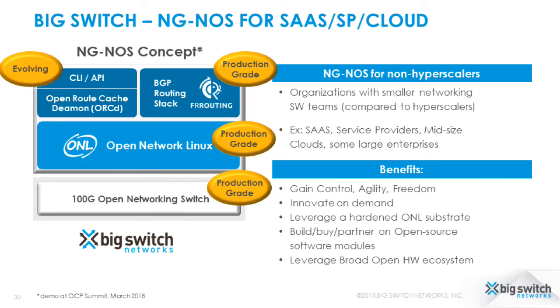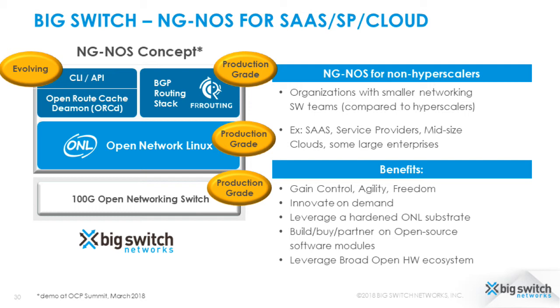modular environment. Now, the question that always comes up in open source is, what about production grade? I wanted to highlight that open networking hardware is now very standard and widely deployed in production across enterprises, service providers, SaaS organizations, and obviously en masse in hyperscalers. Open Network Linux is production grade. Every piece of code that we ship for our SDN commercial products, a data center switching fabric called Big Cloud Fabric, and a data center network packet broker fabric called Big Monitoring Fabric, or BigMon,